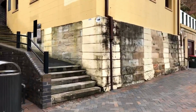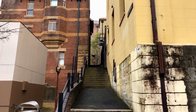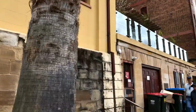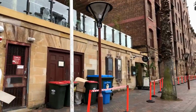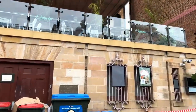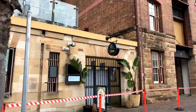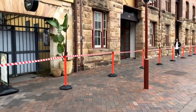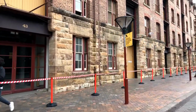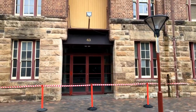Let me show you some of the interesting little alleyways and lanes as we pass them. That one goes up to the main road of George Street. But a lot of this sandstone is original. There's a bar up there. I have no idea, Kari. Maybe it was. So these buildings here you can see would have been warehouses and they've been restored, but they have the...